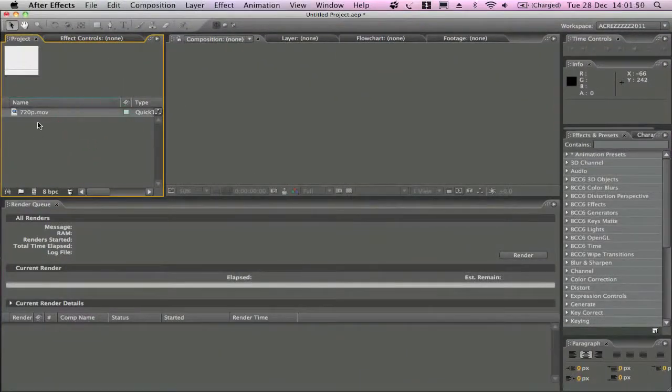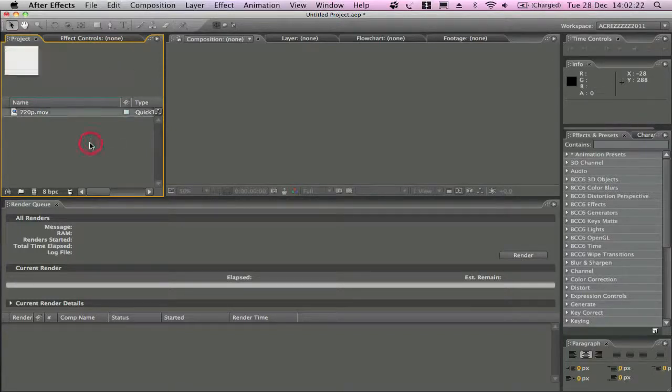To do that, I'm just going to open up After Effects. You don't have to use After Effects, you can use Final Cut or Sony Vegas, but I just choose to use After Effects, just because it's After Effects. So you're going to import your clip, and you can see this is exactly 30 frames per second. You want to keep a note of the frame rate, because it's very important to keep a consistent frame rate throughout your whole project so it doesn't get